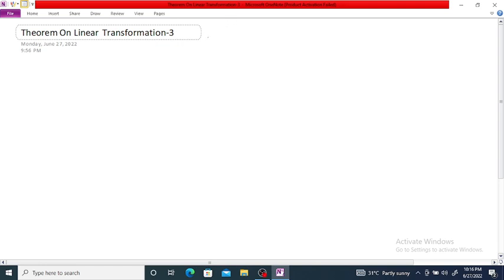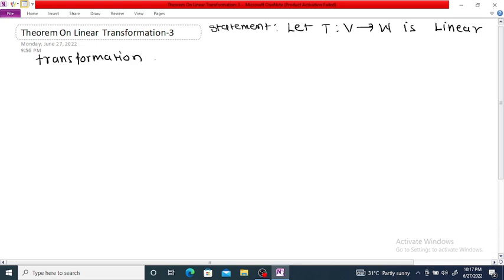Theorem on a linear transformation. So first of all we are going to write a statement. Let T be a mapping from vector space V to vector space W, a linear transformation. Then